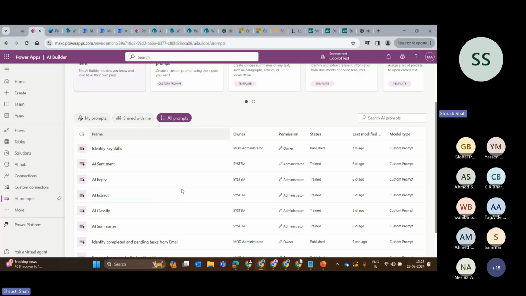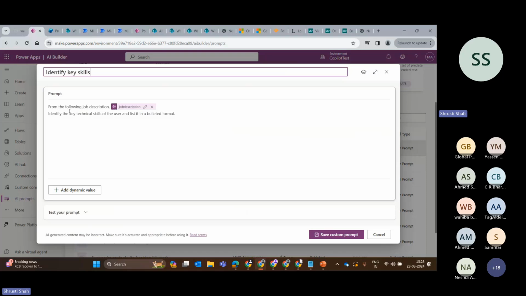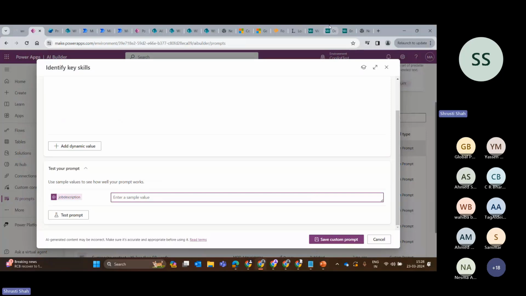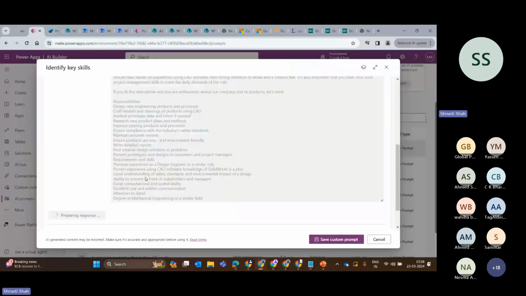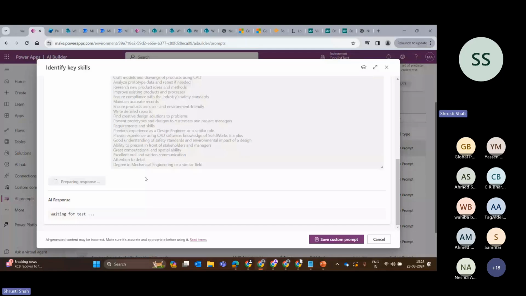Now, this is very interesting. What you can do is, I've created a new prompt which is Identify Key Skills. What I've done is, I'm going to pass the job description from the following job description, and this is the variable which is going to hold the whole job description for me. I'm going to identify the key technical skills, and I'm saying in the prompt, hey, give it to me in bulleted format. Now I have copied one job description from here. Let's just copy this, go to our prompt, test the prompt,